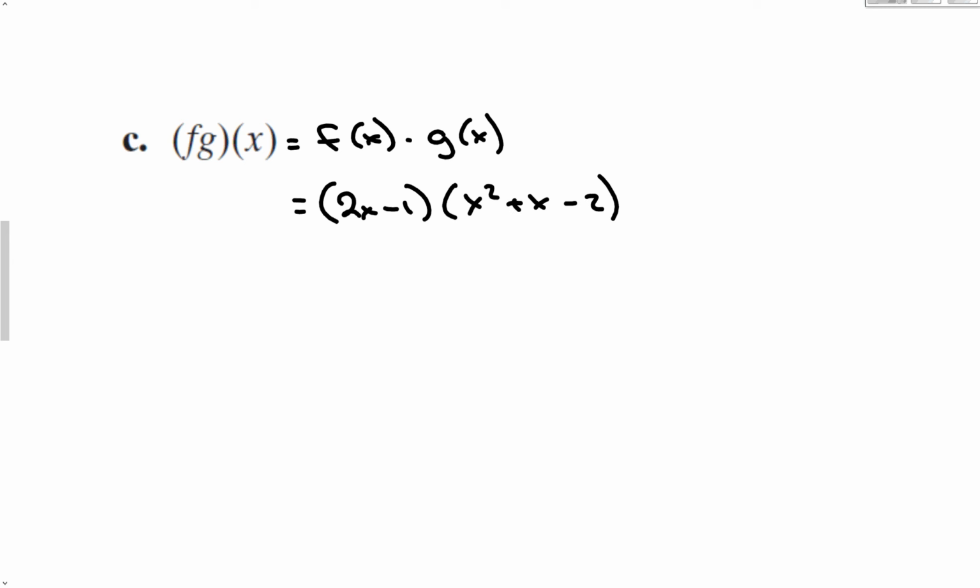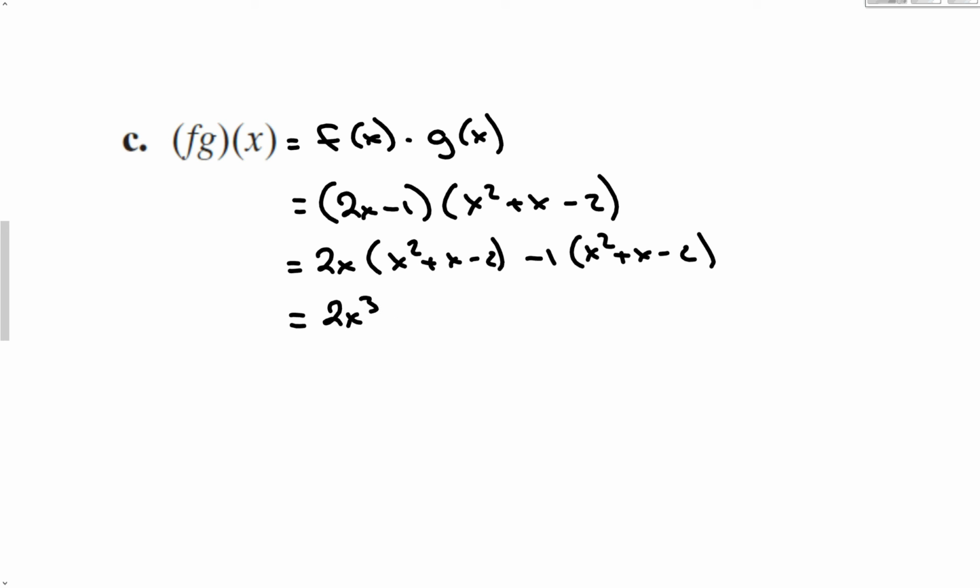And don't forget to distribute these. We're going to distribute the 2x three times, and we're going to distribute the negative 1 three times. So it kind of looks like 2x times (x squared plus x minus 2), and then minus 1 times (x squared plus x minus 2). And when I distribute these out, I get 2x to the third plus 2x squared minus 4x minus x squared